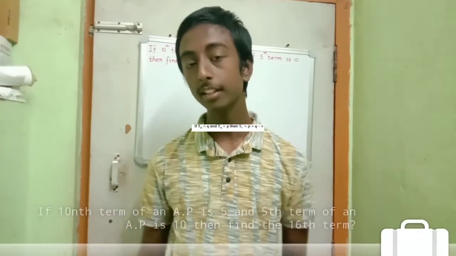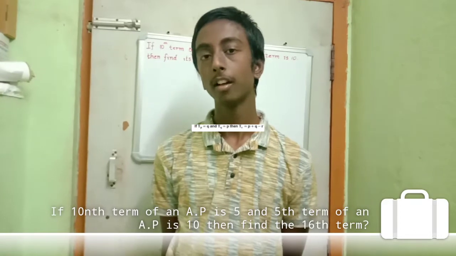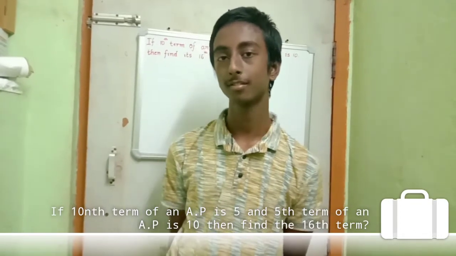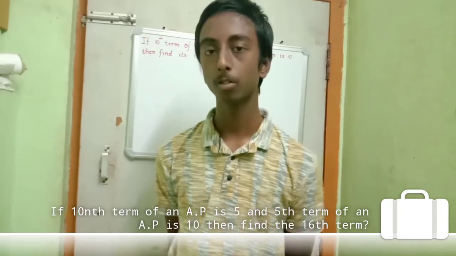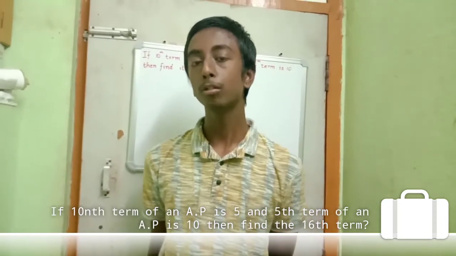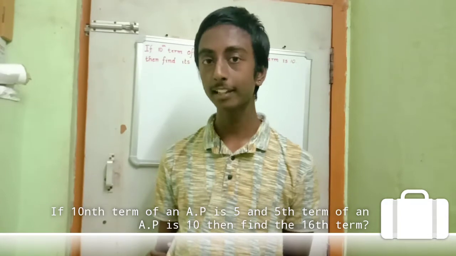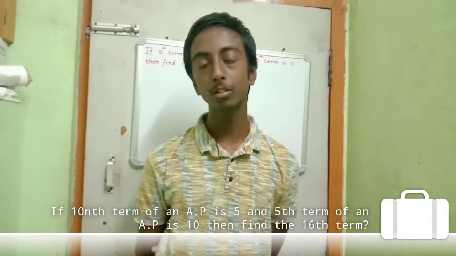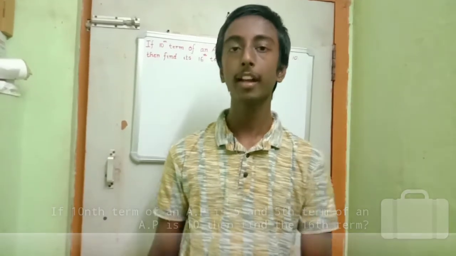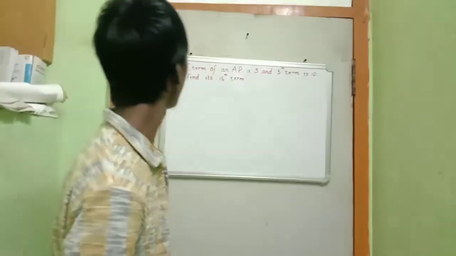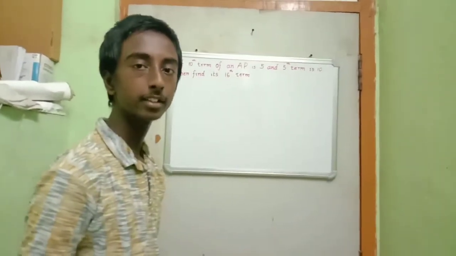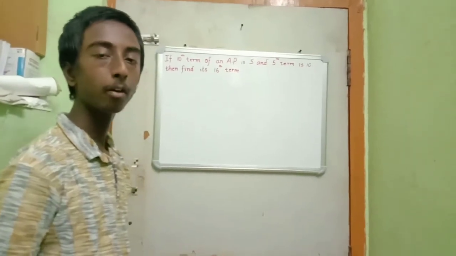So let's see the question. Can you solve it in 2 seconds? Maybe for an intelligent person also, it takes 2 to 3 minutes to solve. By this trick, we can do it in just 2 seconds. Okay, here is the trick. But one thing to note, this type of trick is valid for some types of questions.